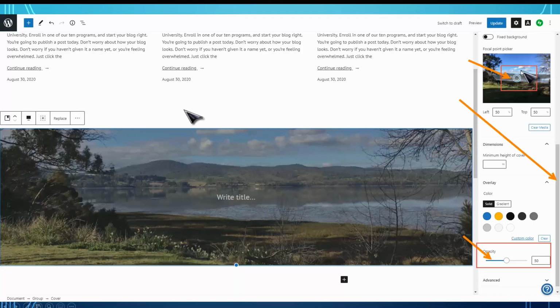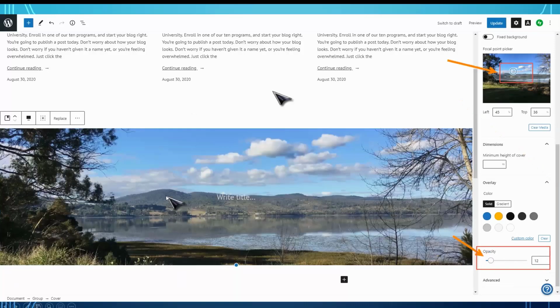If I click on this picture here and move this little circle, it will move the focus of the header image. And down here you can see we've got opacity. Now that means that it's making the picture see-through or not see-through, and I want it to be completely see-through. I don't want this grey mask over the top of it. There's a grey layer that's being put over the top of it and I want to get rid of that. So I'm going to lower the opacity down here to almost the bottom, and I'm going to change this,